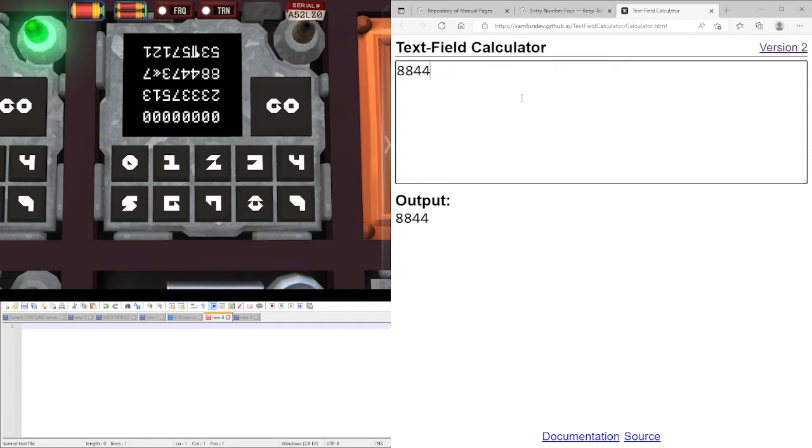So we've got 8844, 7137, 7317. 8844, 7317 minus